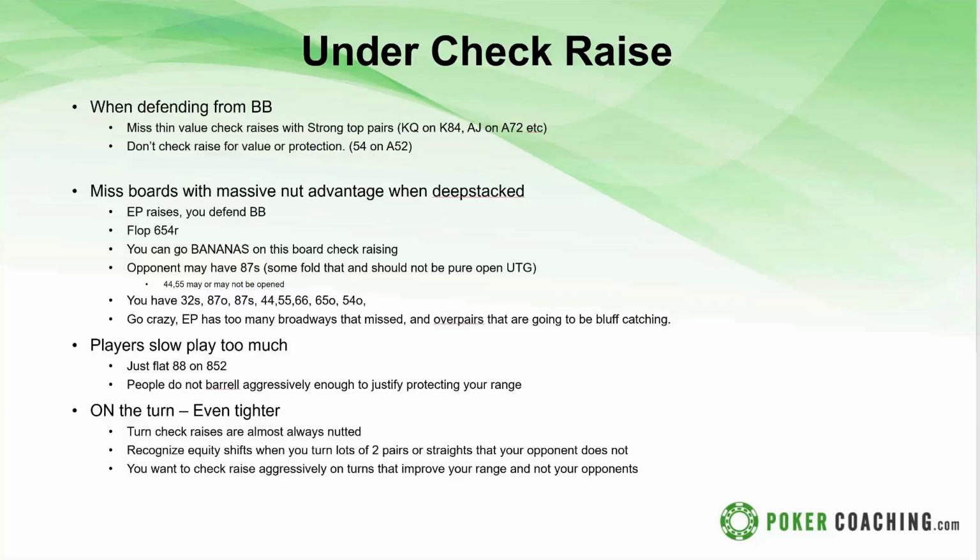Jason asks, isn't ace jack on ace 7 deuce kind of a marginal made hand? Yes, of course it is. It's definitely a very thin and marginal made hand. But you got to think of their range too. They're going to have a lot of suited aces you get value from.